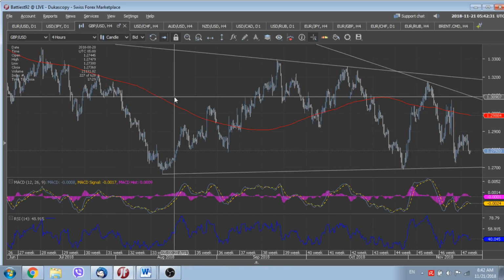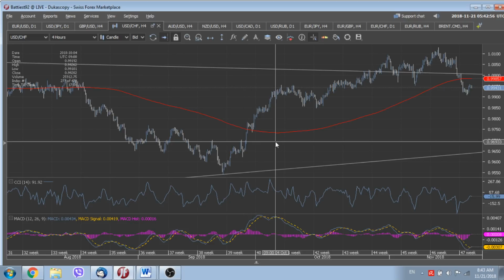As regarding sterling, it continues to look quite weak because of the Brexit negotiation standoff, and of course from that point of view should remain vulnerable to another squeeze to the downside, and probably the next couple of days, weeks will show us an answer to this question. As regarding the dollar Swiss,